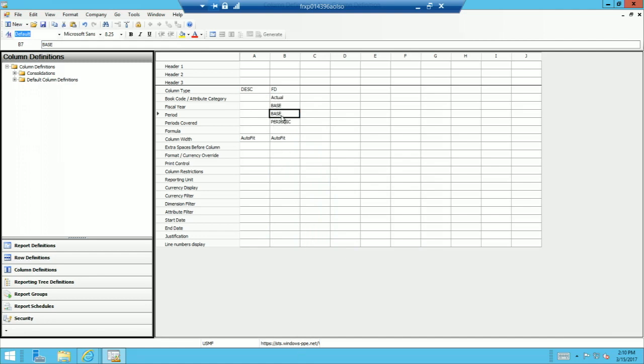So the fiscal year and period, when they say base, is just the term we use. So base just means the report date. So if I generated it for March 31st, 2017, my base year is fiscal year 2017, and my base period is March. So why is that important? Let's go ahead,